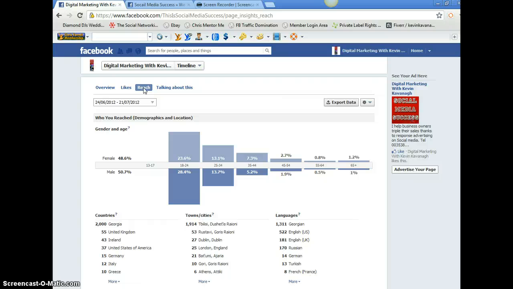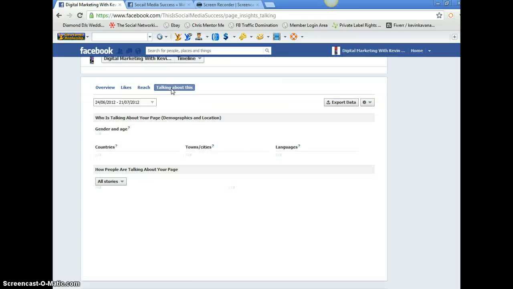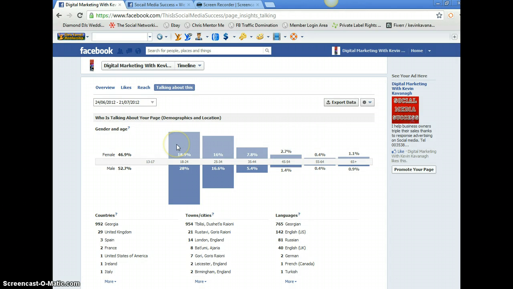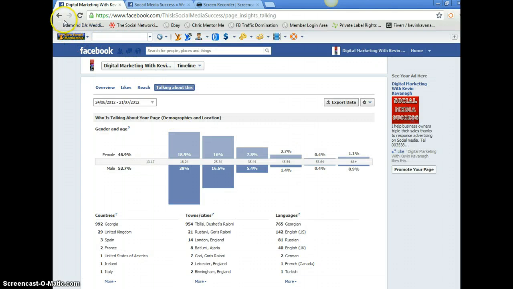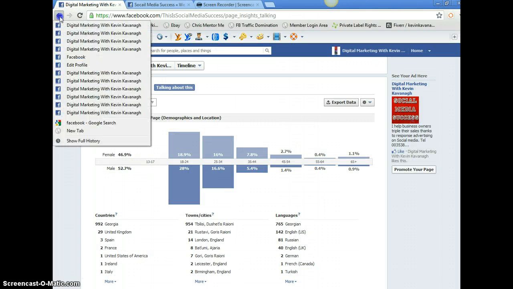By the way, if I'm going a little bit too fast for you, don't worry about this. And you're probably saying, well, what relevance has this got? Well, if you're starting to do a Facebook marketing campaign, this is vitally important to target market exactly who you want, and where to do it as well. So this is all some great content and information that you probably didn't even know about, which was on your